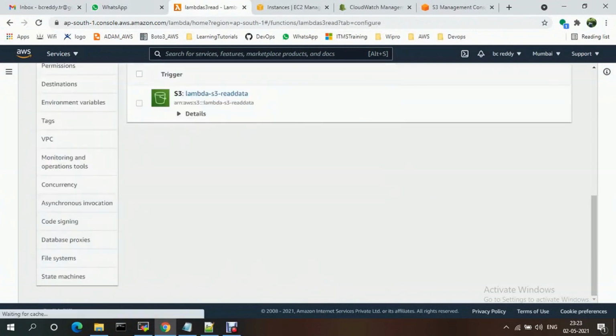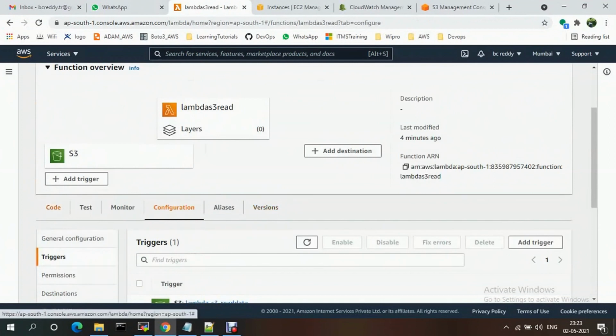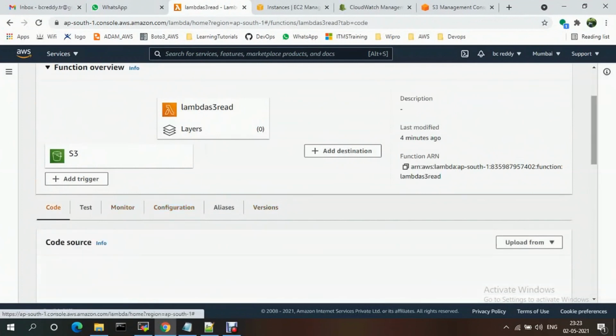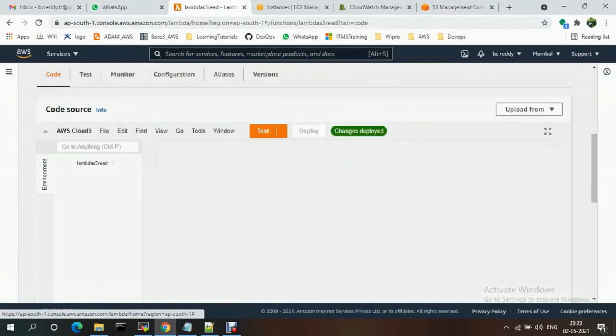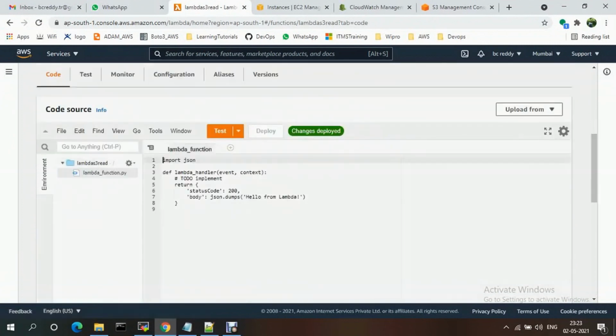Now I'm going with code. I'm selecting the function. I have a CSV file, and if I upload that CSV file, my Lambda function needs to be triggered.